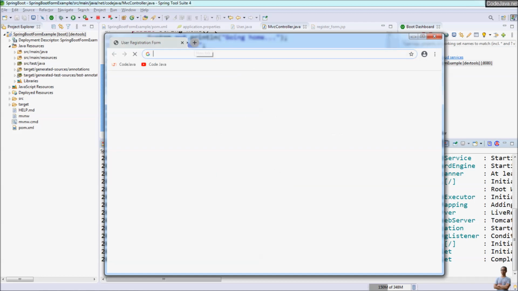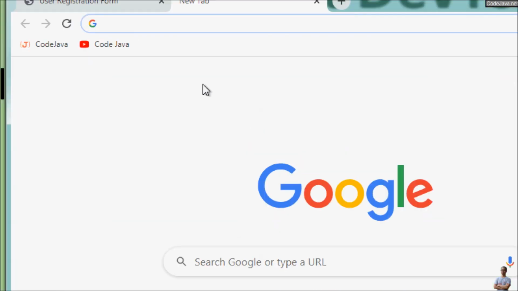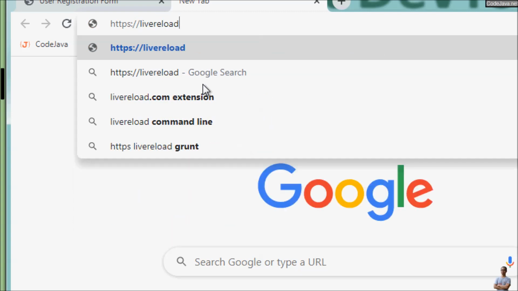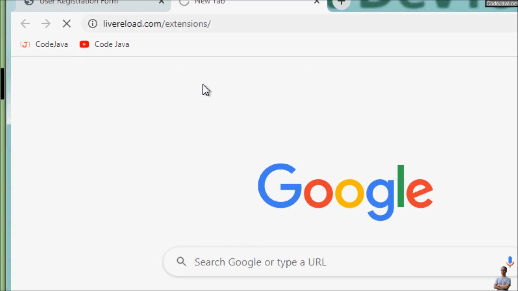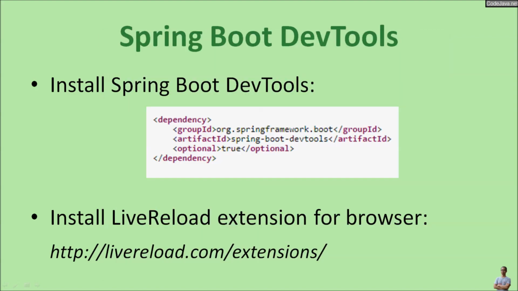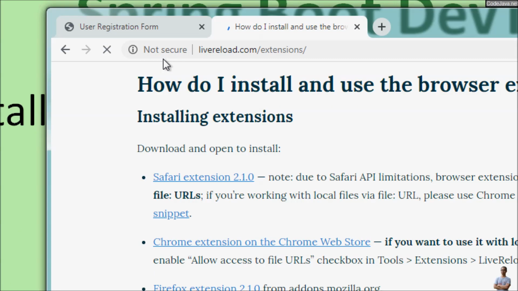So you need to go to this URL, livereload.com/extensions. Without https, I think. Okay,